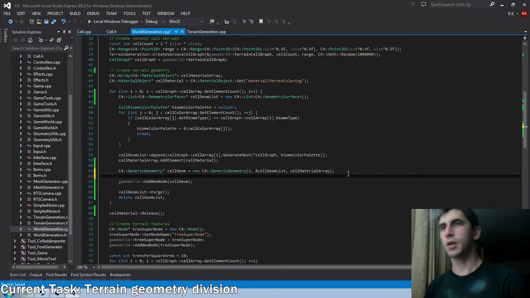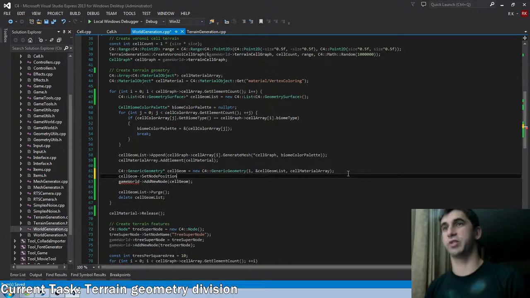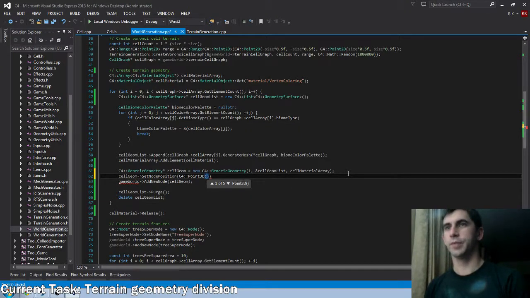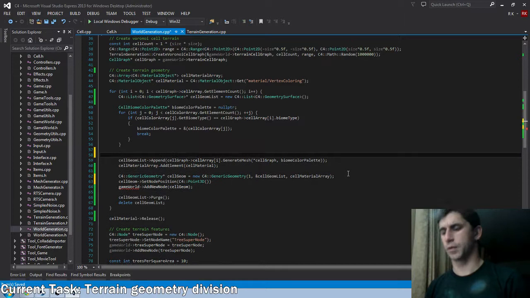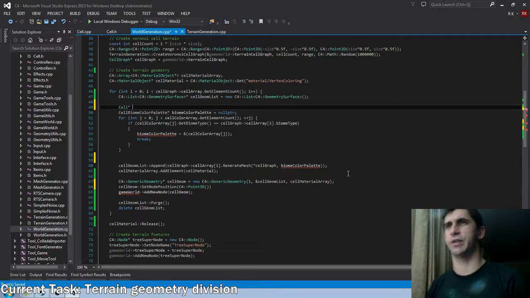So, our new cell geometry is a node. So it has, of course, our standard set node position. And we're just going to give it... let's see here. Cell array. Okay, so we actually... I don't know why I keep doing this. I keep finding places, though, where